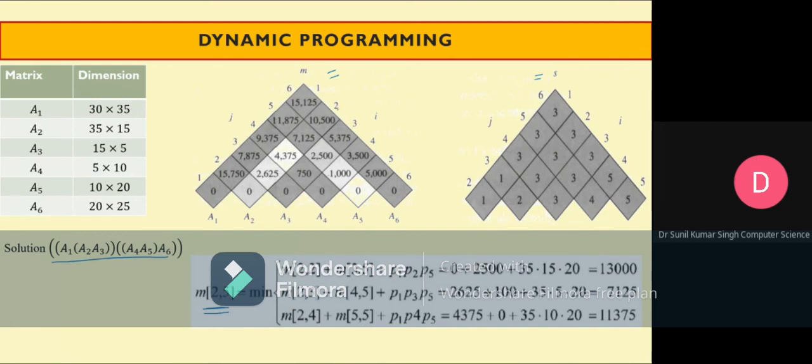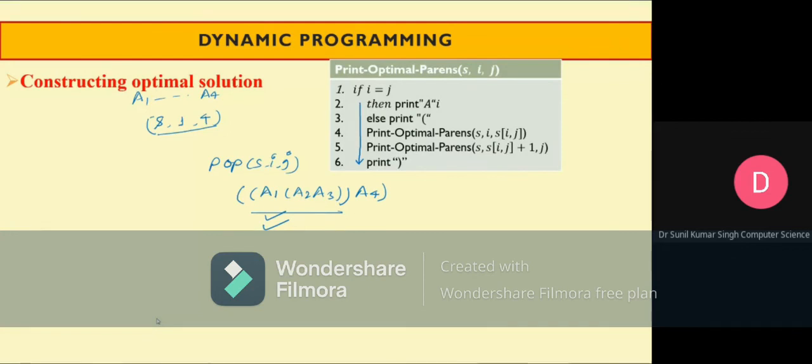Then you'll get this sequence, and this is one of the scenarios mentioned here for finding the value of m2,5. So second row and fifth column. So M25 is this one, 7125, and here K is going to be 3. You can see this value 7125. So that means for K is equal to 3, it is giving the optimal value. So you can do the practice on it. And I think this is all about matrix chain multiplication.